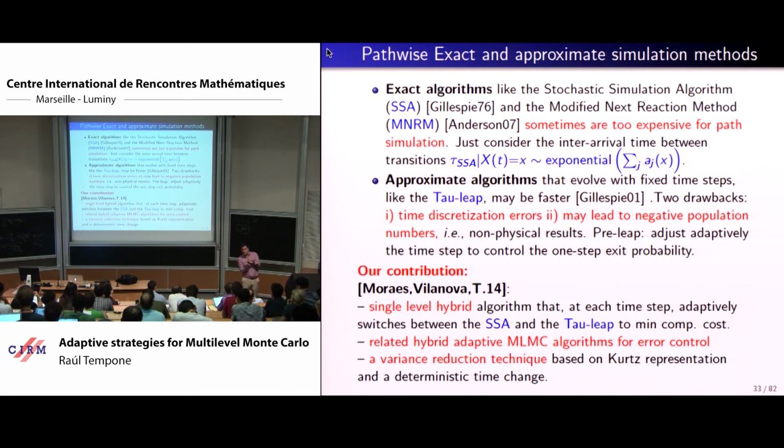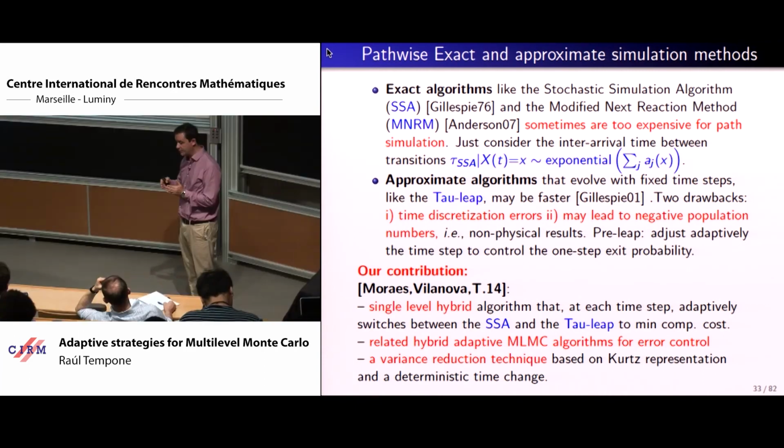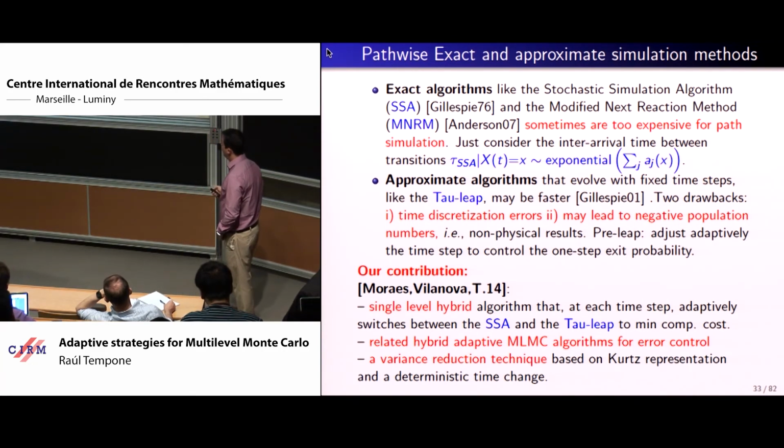So close to boundaries, in this respect, the exact simulation is advantageous because it doesn't introduce bias and its cost is low because the interarrival times are relatively large, at least. Okay, so this can be quantified, and a rule that switches between these two things can be done. So again, this is adaptivity, but now not just with respect to time, but between methods, right? So you're combining two methods, one that has infinite accuracy or infinite order with respect to time discretization, and the other that has order 1, which is essentially coming from Euler. Okay, so that was one thing.